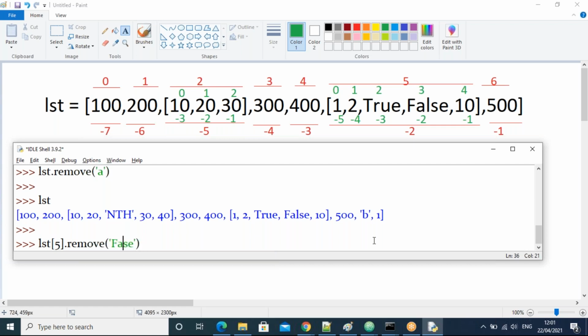If I click enter, what is the result, guys? Does it remove false? Does it throw an error? Tell me now. Is it an error, or does it remove the false? Which one?